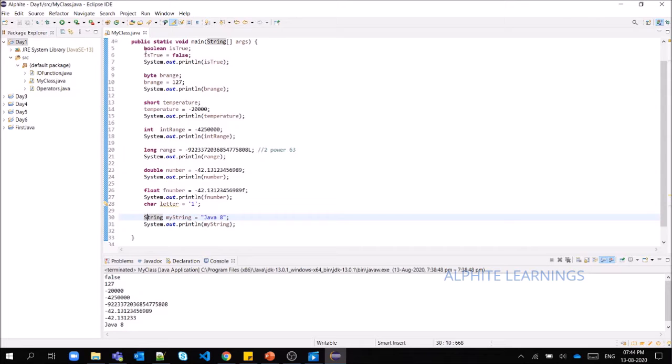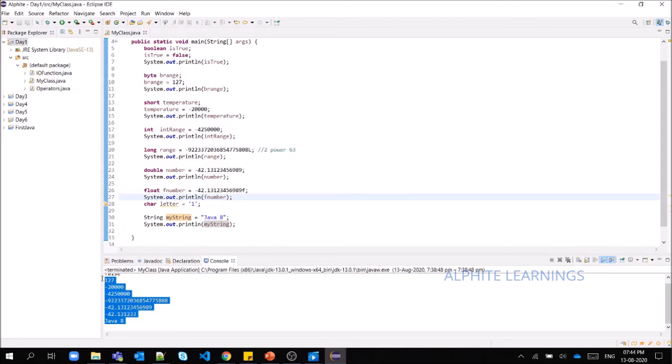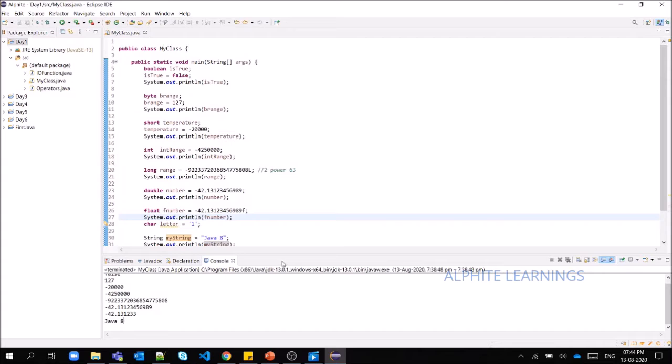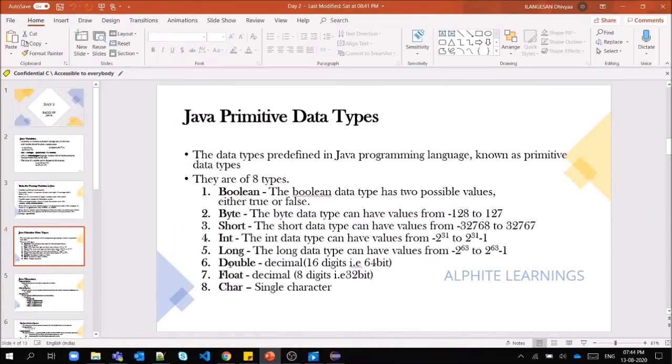So if it is boolean, it has to be given with b in small letter. If it is lowercase here, it has to be lowercase. So give the class String, and then the variable name again, and Java 8 in between the quotes, and I'm trying to print it. So obviously you will get the value as Java 8. Whatever value you give here, you will be getting it printed in the console. Understood? So that's it for this program. We will go on to the next topic.